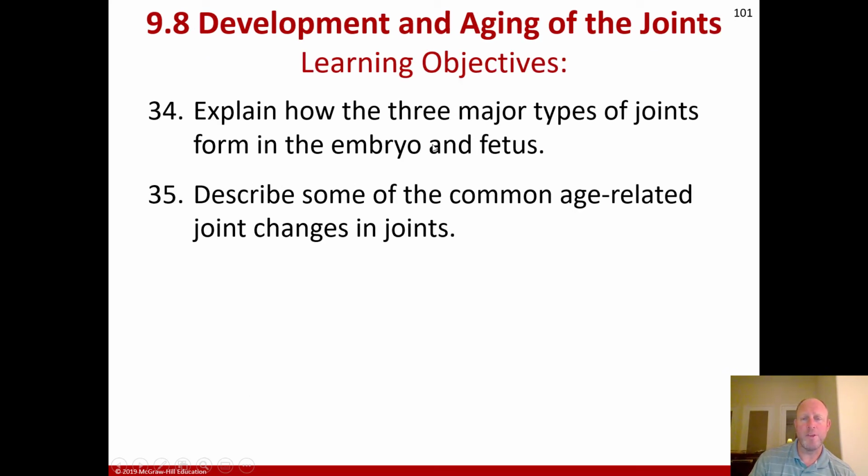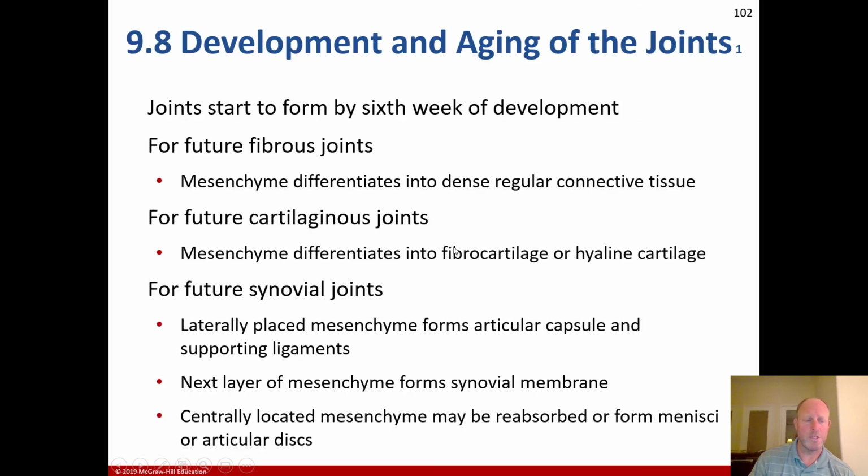And then finally, explain how the three major types of joints form in the embryo and the fetus for our final section here, and describe some of the common age-related changes in joints, our final few slides. From the start, the six-week development is when joints start to form. For future fibrous joints, mesenchyme differentiates into dense regular connective tissue, a very common theme. For future cartilaginous joints, mesenchyme differentiates into fibrocartilage or hyaline cartilage. For future synovial joints, laterally placed mesenchyme forms the articular capsule and supporting ligaments. The next layer of mesenchyme forms the synovial membrane, and there's centrally located mesenchyme that may be reabsorbed or form